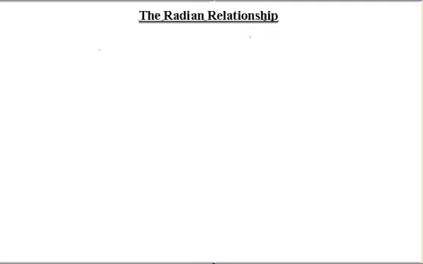Let's take a closer look now at the definition of a radian measured angle, and we'll see that this particular definition gives us a relationship that's quite important as long as angles that we're using are measured in radians. So let's take a look at what it actually says. Okay, so suppose we have this circle,